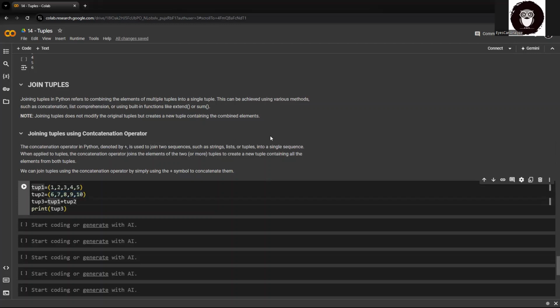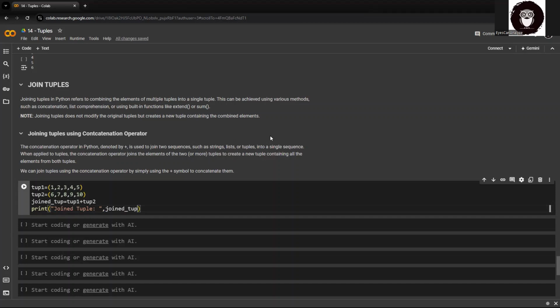And I am creating a joined tuple, join_tuple, and let's print it. So the joined tuple is